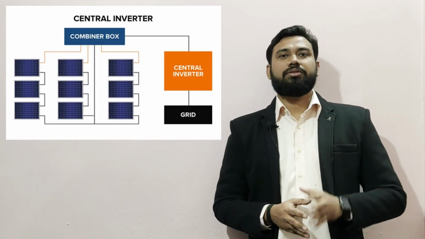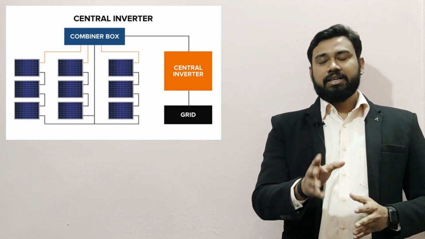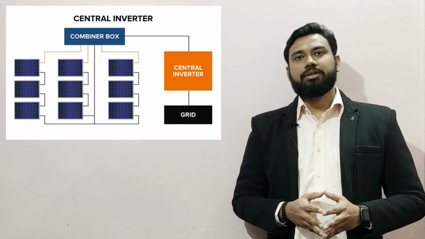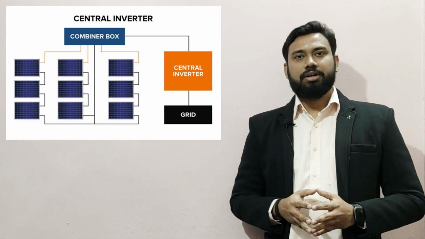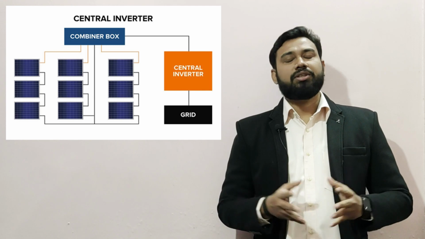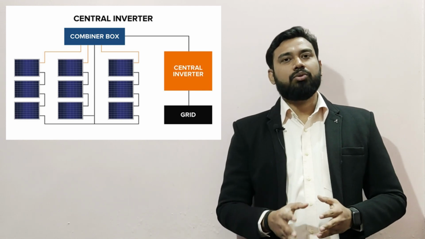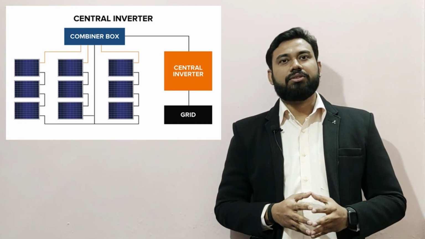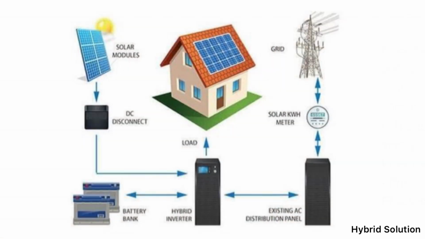So next is the central inverter. A central inverter is similar to a string inverter with a high capacity range, needing only one large inverter for the entire plant or a section of the plant. They are mostly used for large utility scale applications. Hybrid inverter. Hybrid inverters are a combination of the off-grid and on-grid systems. They offer a lot of flexibility for the power delivered by choosing between solar power, battery backup and the grid